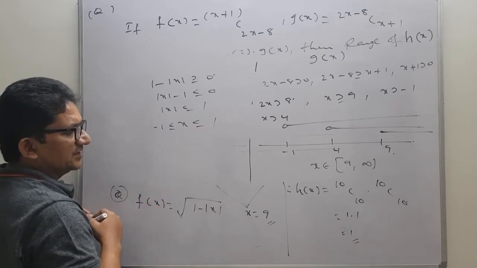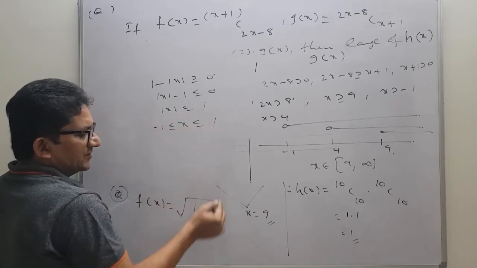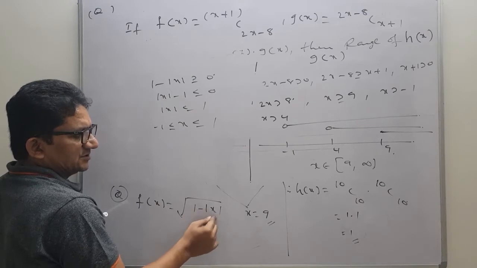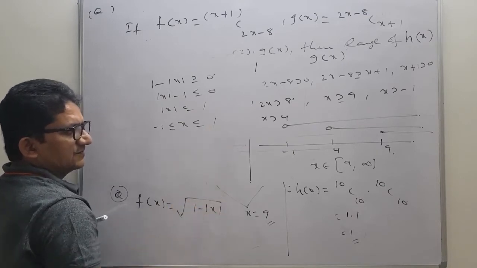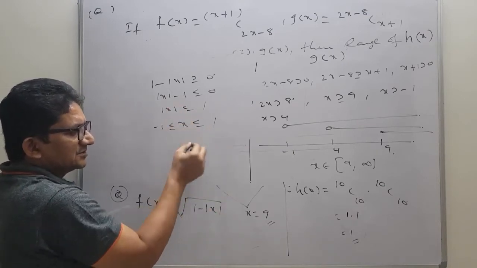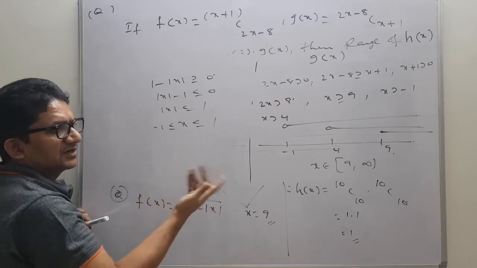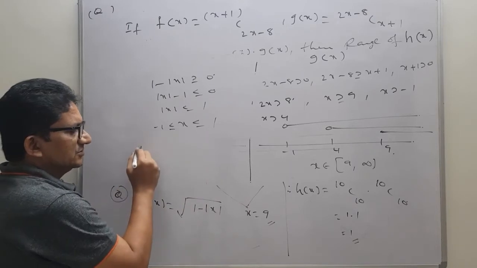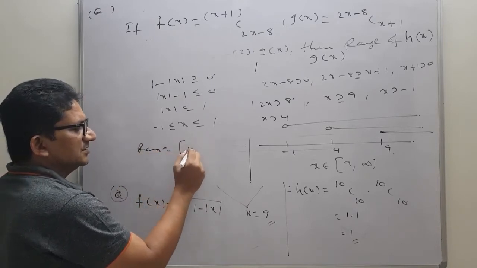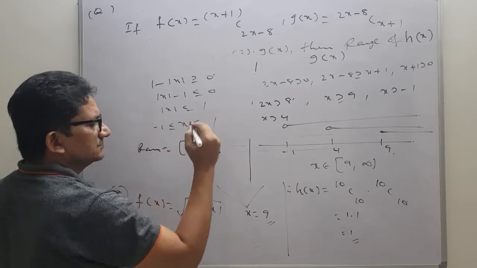Easily we can verify. Minus 1, if I keep here, it will be 1 minus 1, 0. 1, if I keep here, we will get this one. And another least value we will pick, 0. 0, if I keep here, what will we get? 1. That means the maximum value we are getting is 1 and the minimum value is 0. So the range of the function will be 0 to 1, like this.